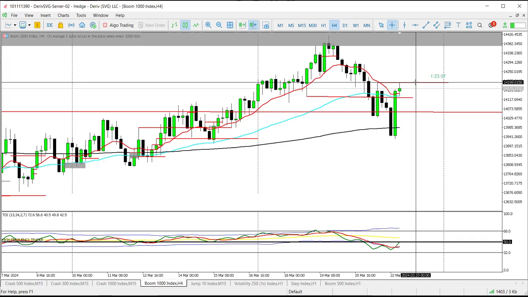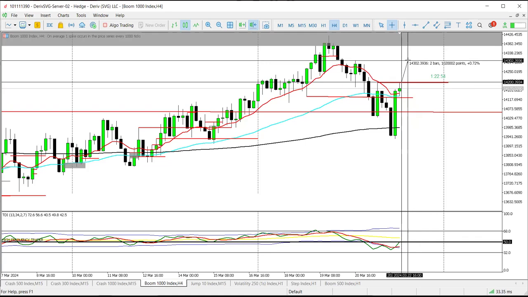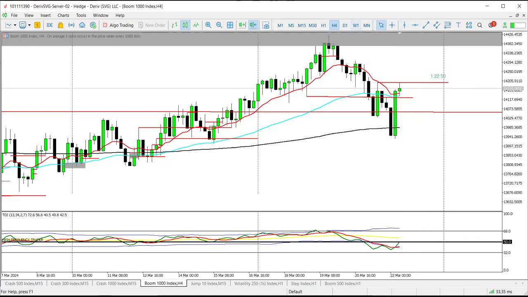A live session setup B1000, safe buys above 14,200. Take profit would be just above the zone, so that's actually 100 pips. So the take profit will just be here,